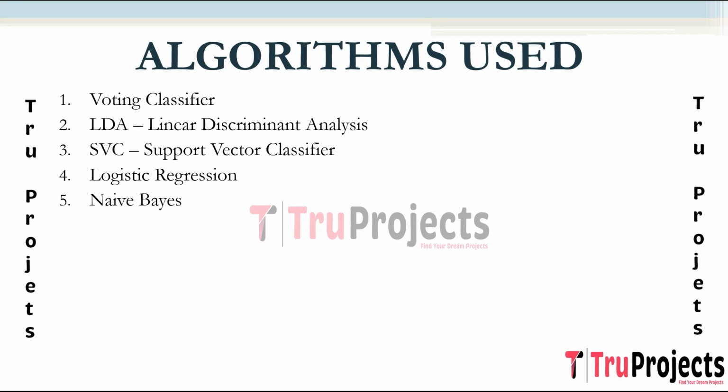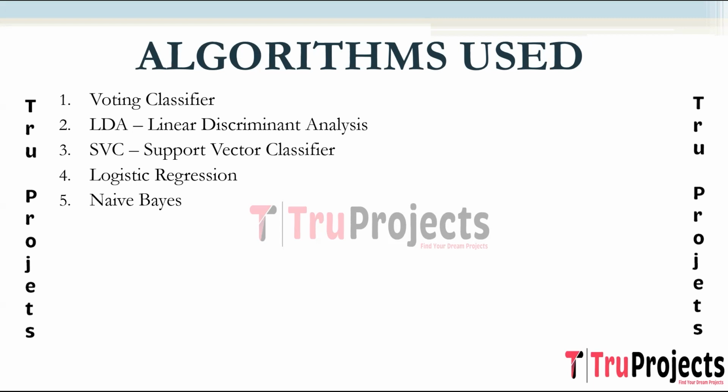Coming to naive Bayes, it is a probabilistic classification algorithm based on Bayes' theorem and the assumption of feature independence. Despite its simplistic assumptions, naive Bayes can be surprisingly effective in practice, especially for text classification and spam filtering tasks. It calculates the probability of each class given a set of input features and selects the class with the highest probability. Naive Bayes can effectively model the probability of an individual having ASD based on their features, taking into